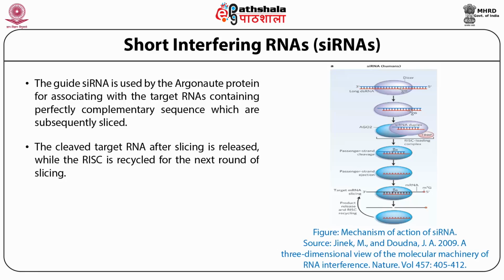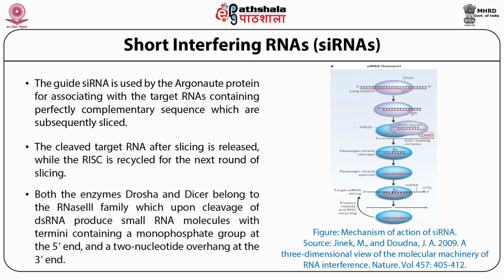in finding the target mRNA, which has a sequence complementary to that of our guide strand, so that the two can base pair. Upon base pairing, there is an endonucleolytic cleavage, followed by degradation of the mRNA through the action of ribonucleases. Both the enzymes DROSHA and DICER belong to the RNase 3 family, which upon cleavage of double-stranded RNA produce small RNA molecules with termini containing a monophosphate group at the 5' end and a 2-nucleotide overhang at the